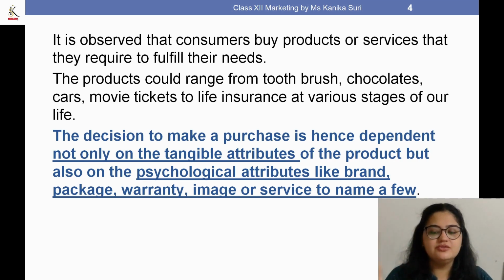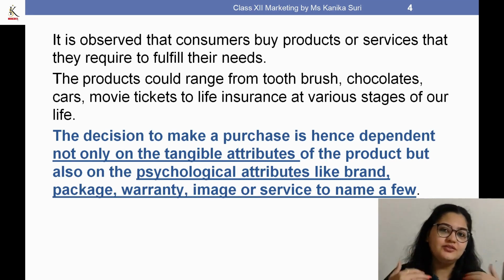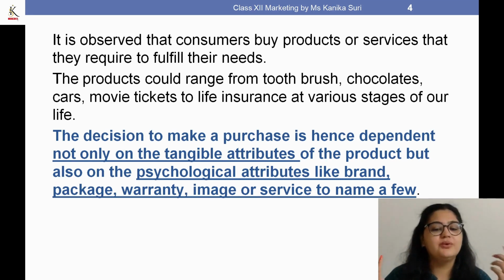एंड सर्विसेज टू नेम ऑफ यू। तो ये सारी जो चीज़ें हैं वो डिपेंड करती हैं, वो अफेक्ट करती हैं मेरे एज अ कंज्यूमर के डिसीजन मेकिंग प्रोसेस को। तो क्या क्या चीज़ें हैं, एक तो वो जो प्रोडक्ट है उसकी अपने ही जो एट्रीब्यूट्स हो गए, जो टैंजिबल कैरेक्टरिस्टिक्स या फिर टैंजिबल एट्रीब्यूट्स हो गए, एक तो वो हो गया। सेकेंडली साइकोलॉजिकल एट्रीब्यूट्स, जैसे कि उसका ब्रांड, उसकी पैकेजिंग, वारंटी, इमेज और सर्विस टू नेम ऑफ यू।